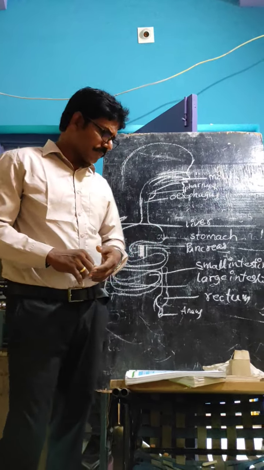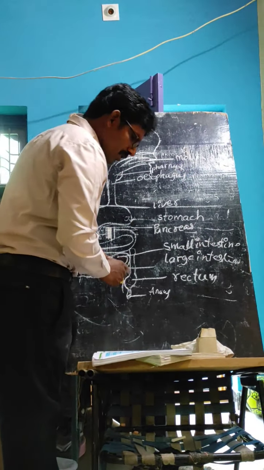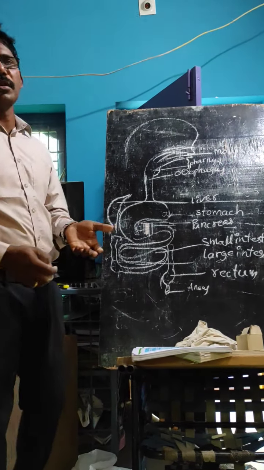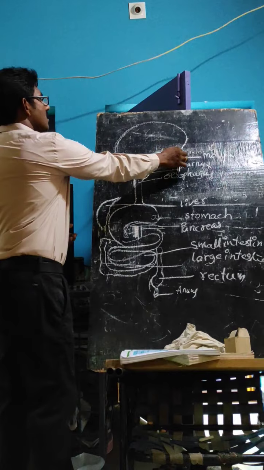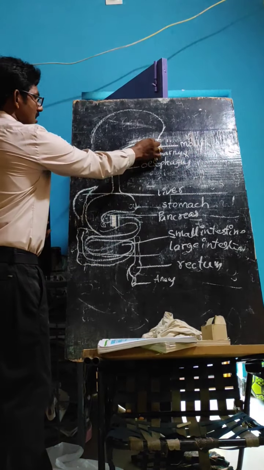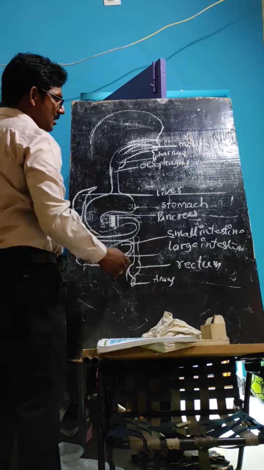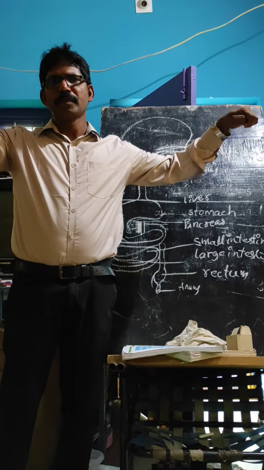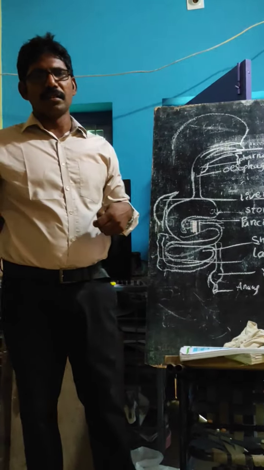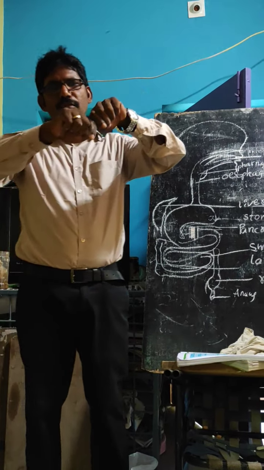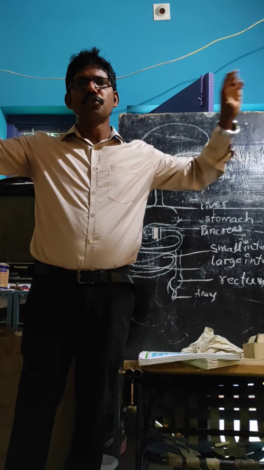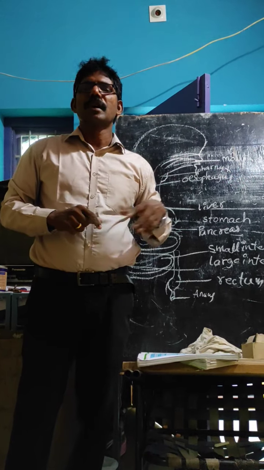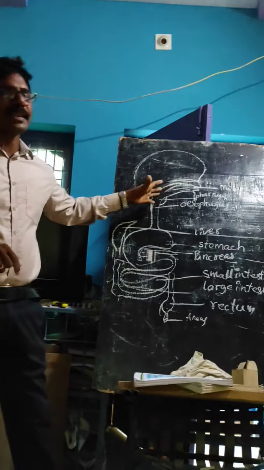So like that, there is the next one: passage of food through the alimentary canal, or gut. That means this is from the mouth to the anus. This total part is called the alimentary canal. If you stretch it out, as in a chicken, it's like a long tube-like structure, and that's why it is called the alimentary canal.